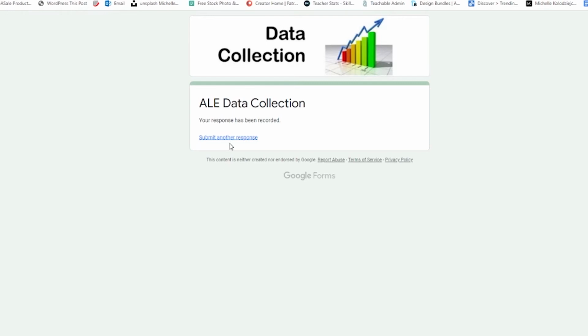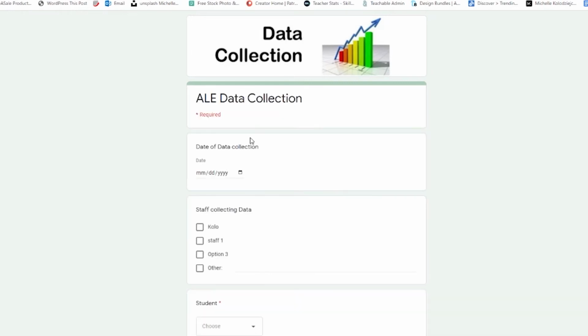Okay, so now that you've got that, you can submit another response. Do the next kid. The cool thing about setting up this data form is this